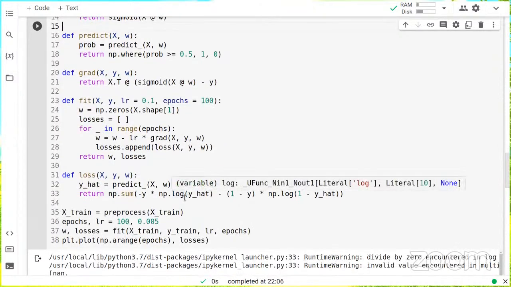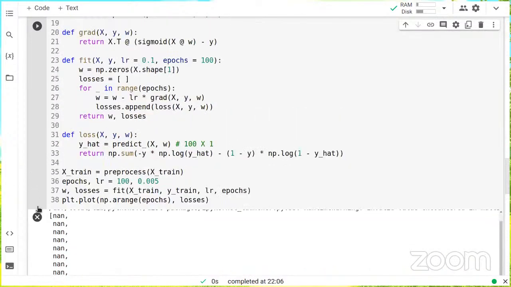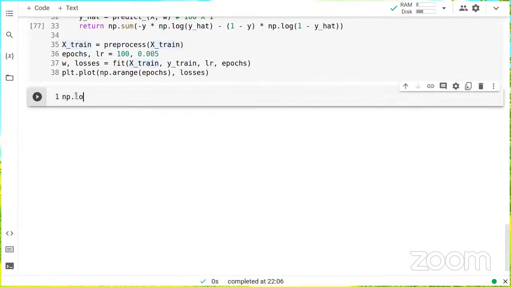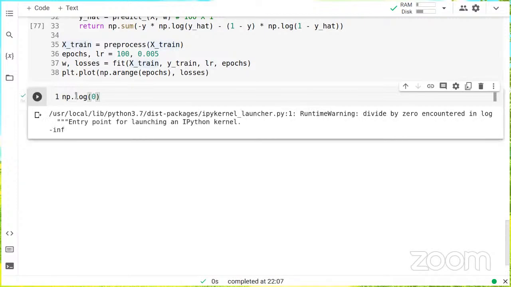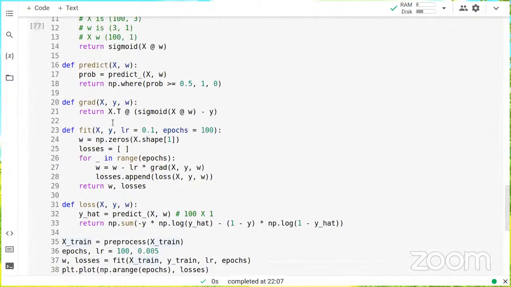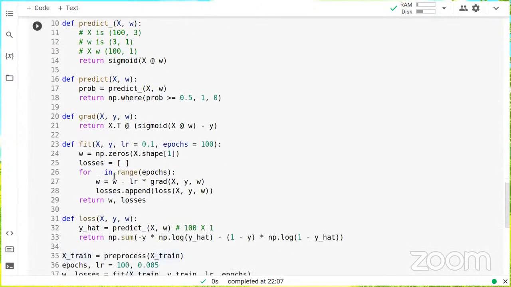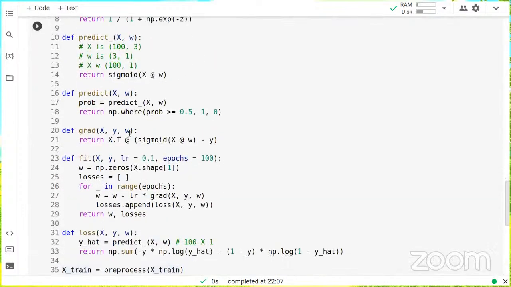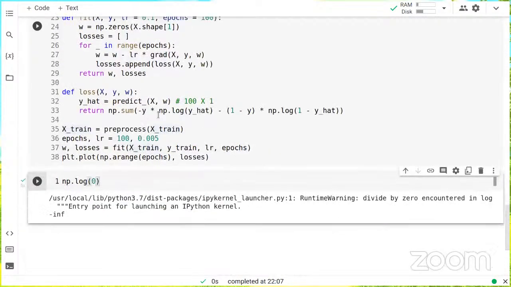Good point. So see, log of 0 is typically where you get nan, right? If I do np.log of 0, I get minus infinity, so the problem might be with this step. Okay, so the problem might be with the loss here. Y hat is